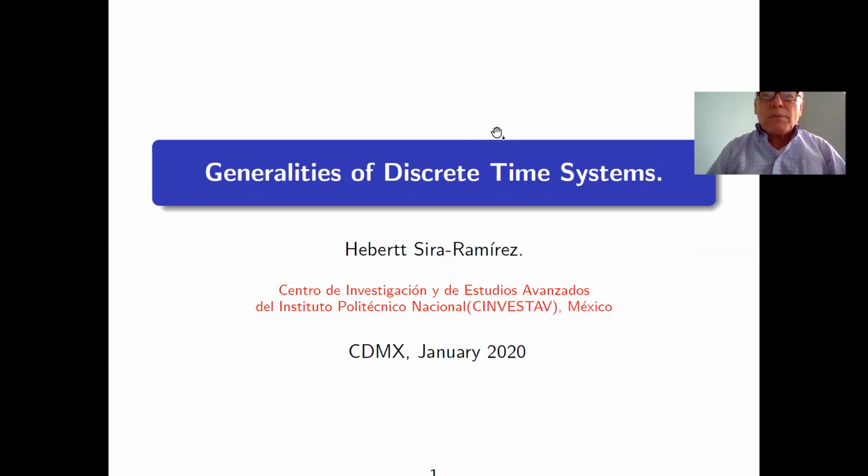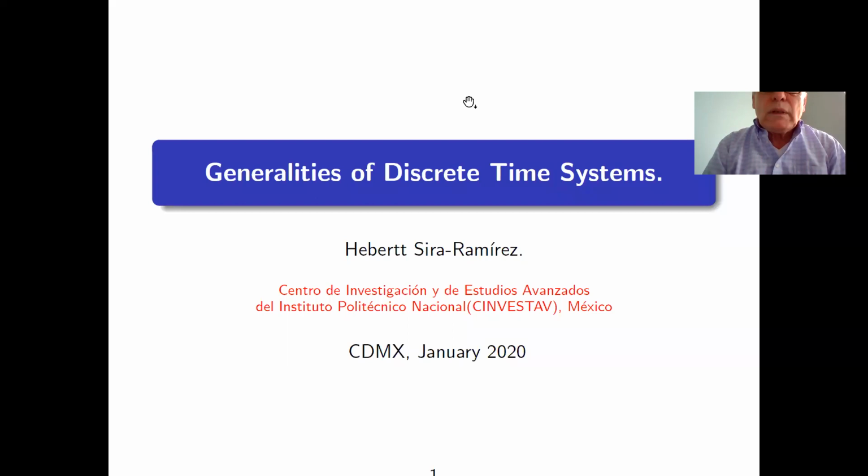We will start with the simplest case, single input, single output, nonlinear discrete time systems. The structural aspects of these can parallel, to a certain extent, the same structural aspects that we have in continuous time nonlinear systems. And the idea here is to give you some fundamental facts that will allow us to